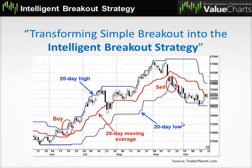Welcome to the webinar Transforming Simple Breakout into the Intelligent Breakout Strategy. Now, this is a very powerful way to trade the markets. I'm very excited to show you how this has the potential to make a dramatic positive impact in your trading. So without further hesitation, let's dive right into the content relating to the Intelligent